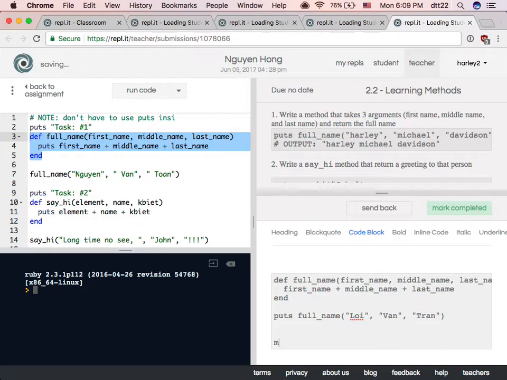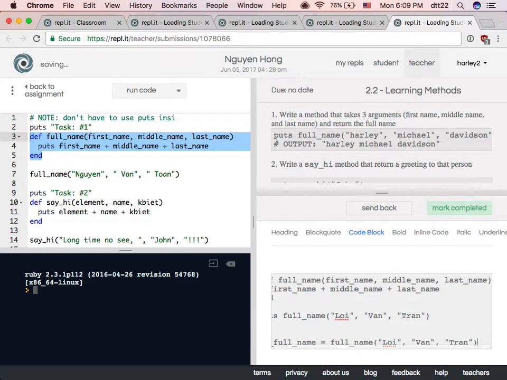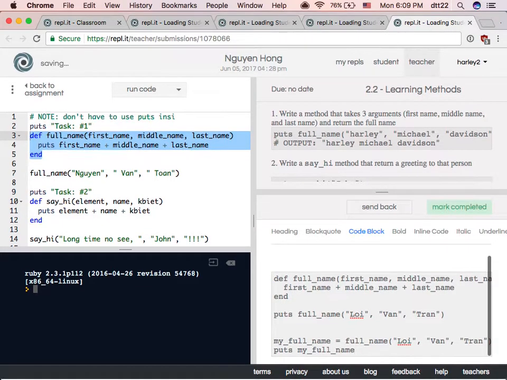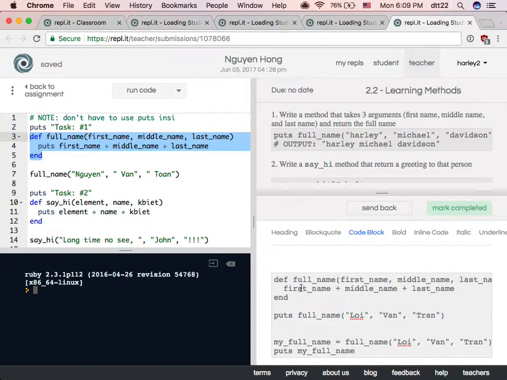I can say my full name is full name I Van Tran. Then I can print my full name if I want. So don't use puts inside. So what happens if you use puts inside?